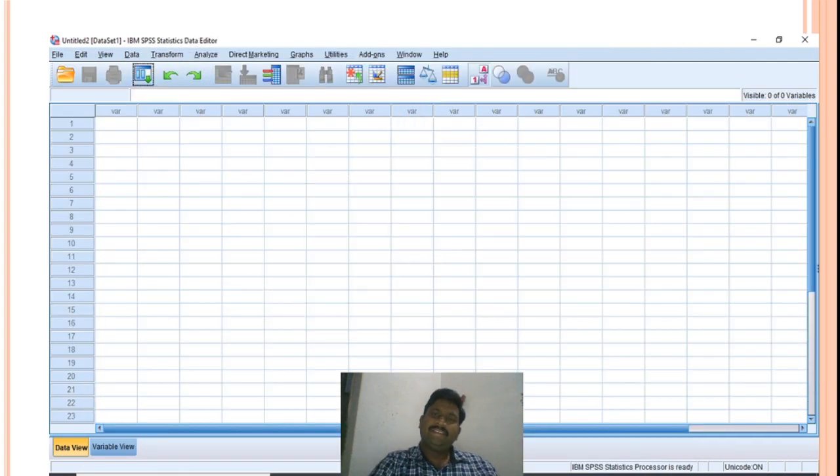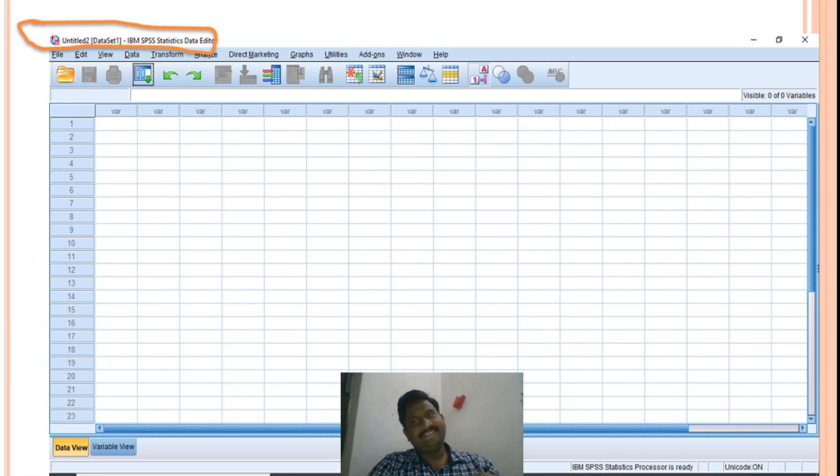This is the interface of the SPSS. When you go to the start option, click on start, and click on SPSS, this will come. This is called the title bar because it has the title of the file.